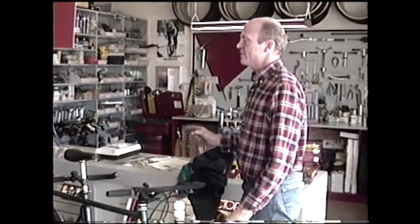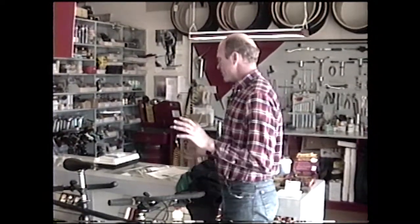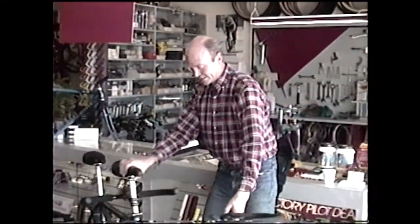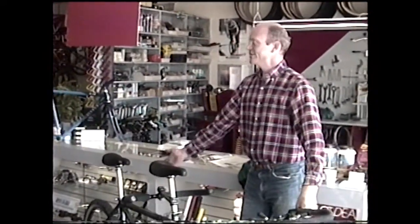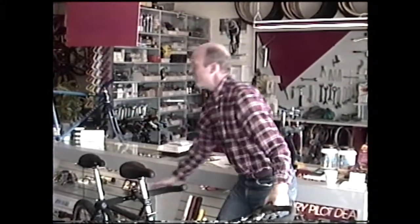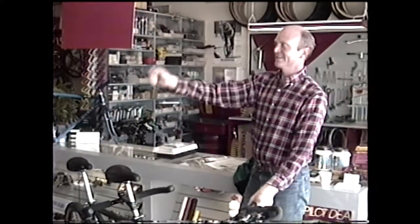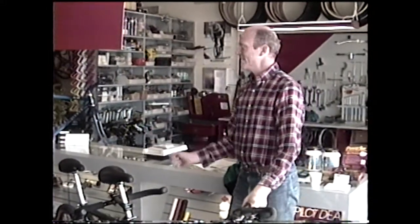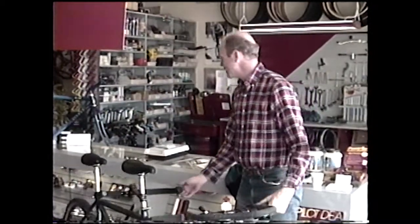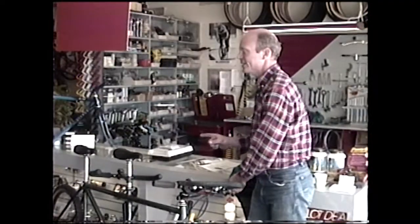But we did try doing it a couple of times where she was on the back, and we'd be okay, but every time this front end would maneuver around something, the rear end would slice it in half, that maneuverability, and this would catch a rut or a rock, and with her on there and the extra weight, I'd go bouncing here or there. When I had her off the bike, we'd just go up and over the obstacle. It wasn't so bad. But the hard part was when she was on